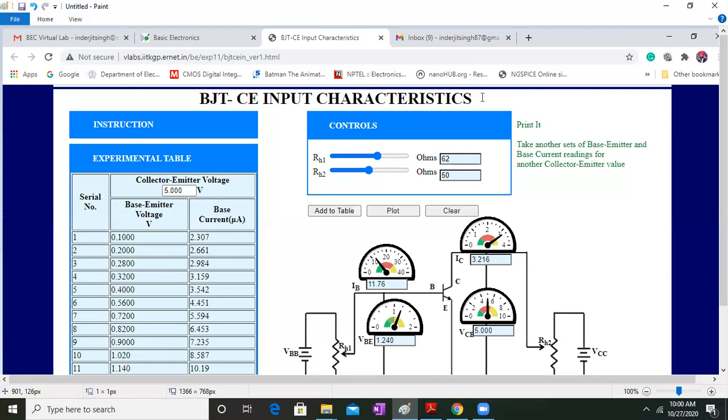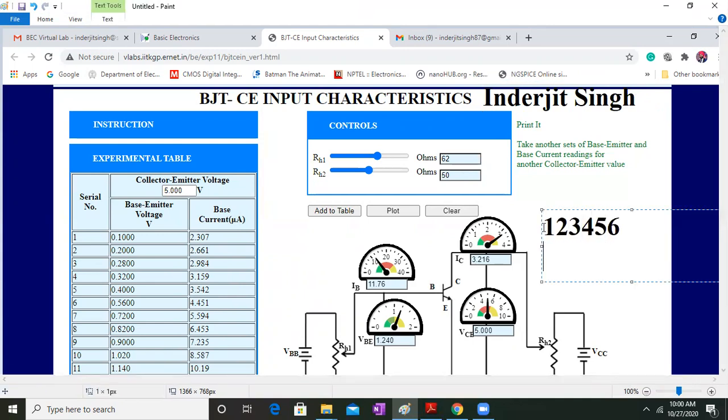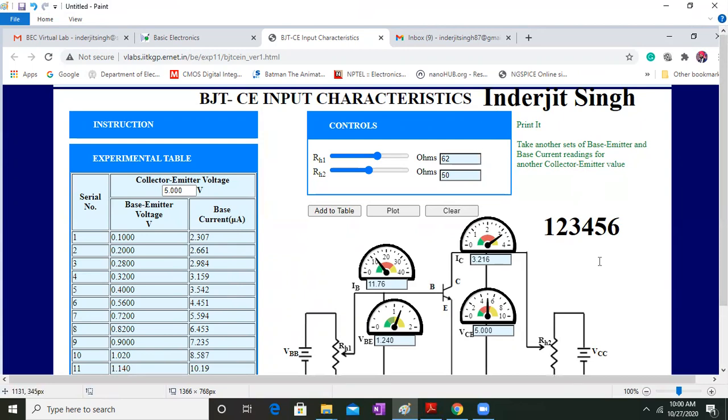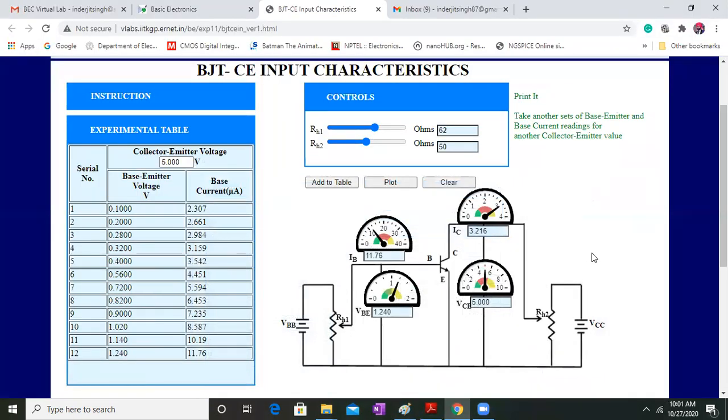So here it is. I'll add a cursor over here and attach the name. You can attach your name and similarly attach your roll number. Okay, so please add your roll number and your name for every plot. This print screen, you attach it in the assigned Google document, indicating your date, and the date and the time also will be recorded. Fine.